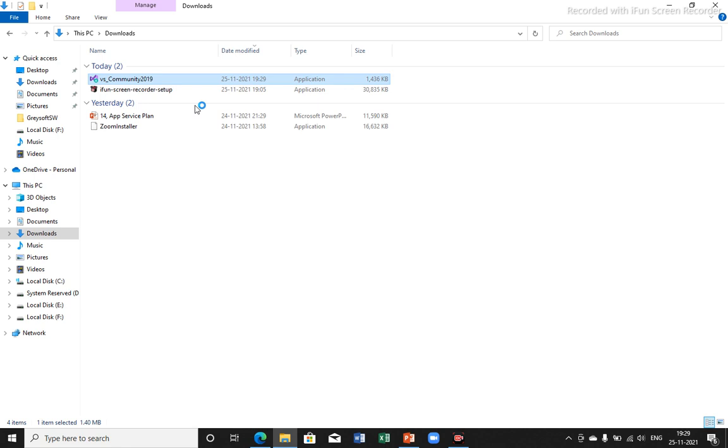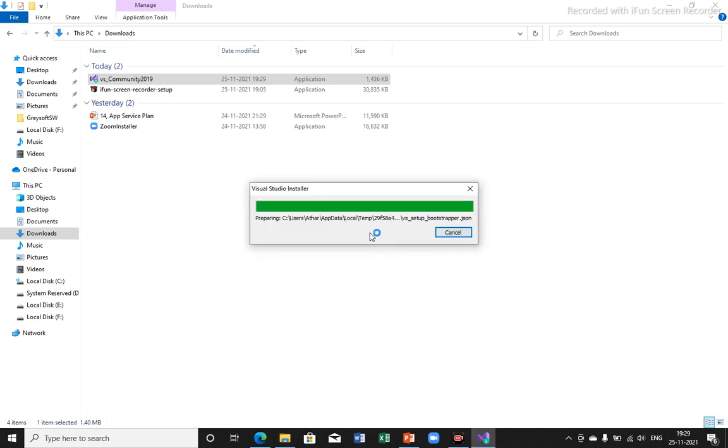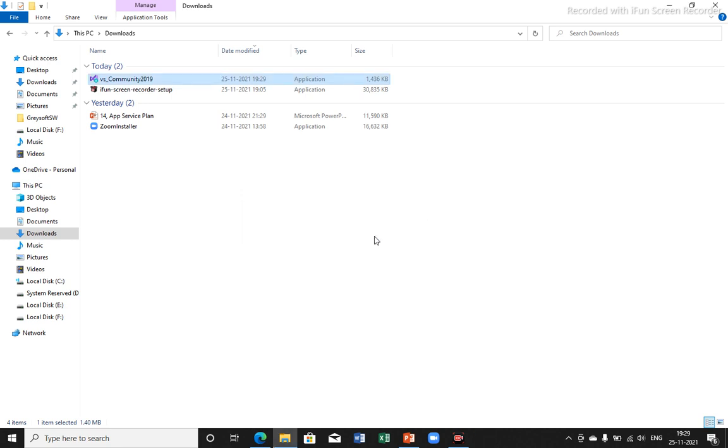Okay, so it's downloading. Now it's extracting the files from the setup. Now it has asked me the security prompts, security rights, so I click yes, and okay, so now it will start to download the Visual Studio setup file. Now okay, it will open the Visual Studio installer, and then it will start to extract the files, and then it will install the installer, and then